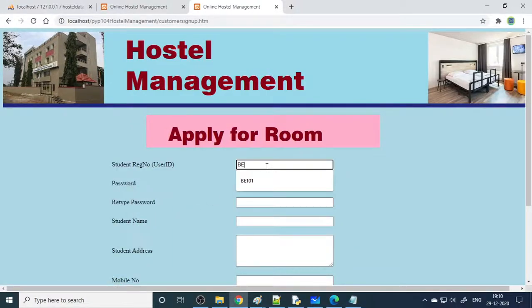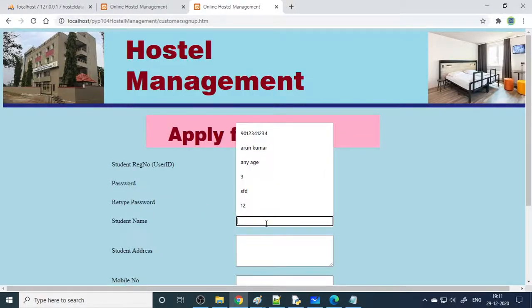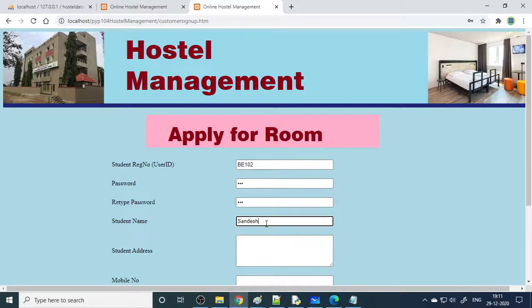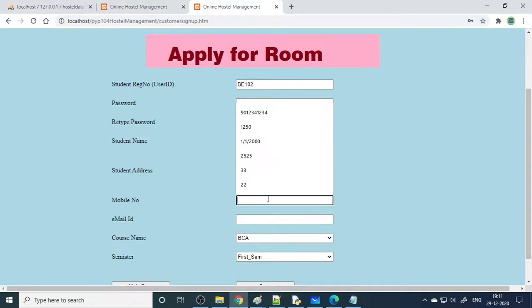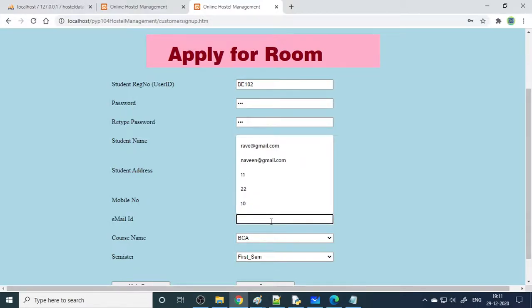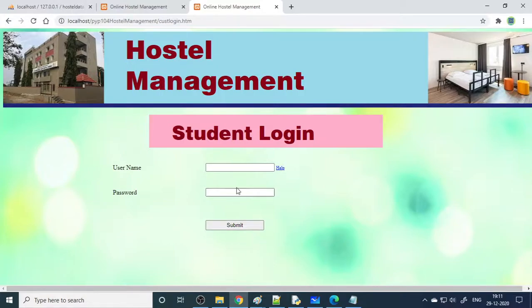You can enter your register number, let's say 102, password, then retype the password, name, let's say Sandesh, address. We can fill in all the details. Then you can save this.